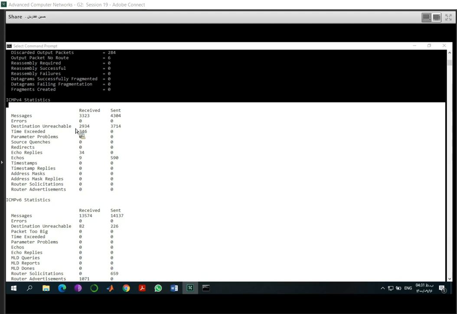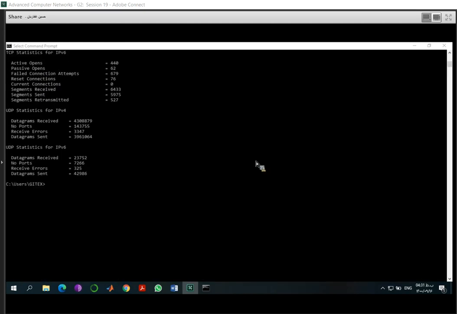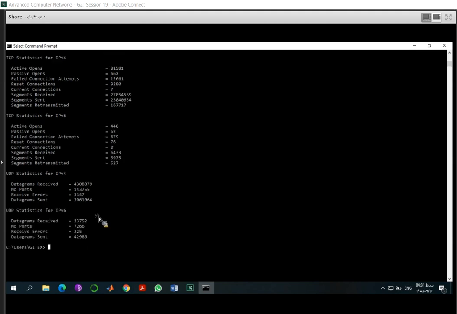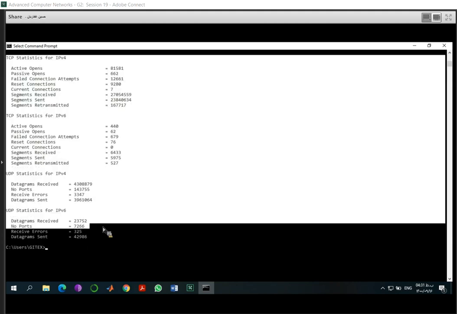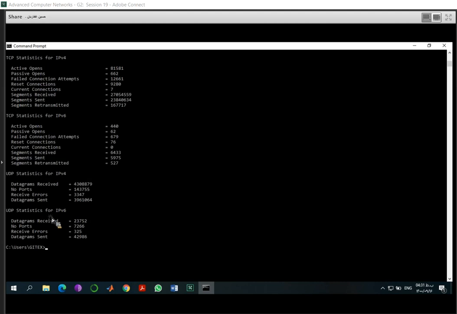Now you can see I ran this command, but you cannot see any output result here. Why? Because I asked it to write the outputs in a file 1.txt in drive F. Now I'm going to drive F, looking for 1.txt.